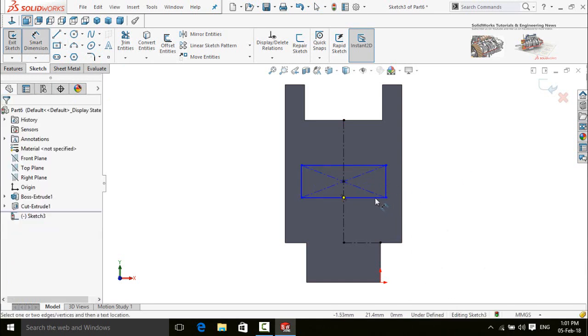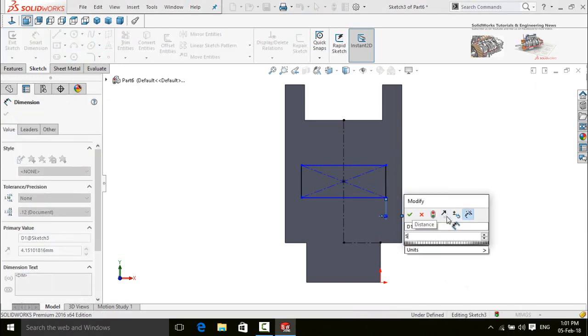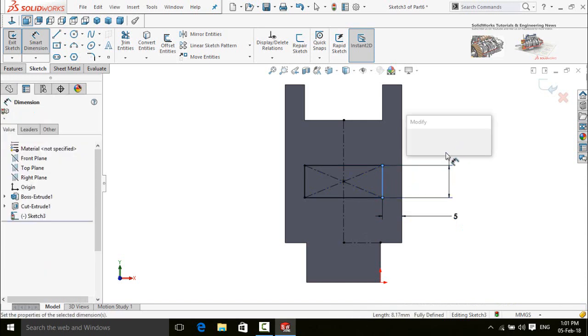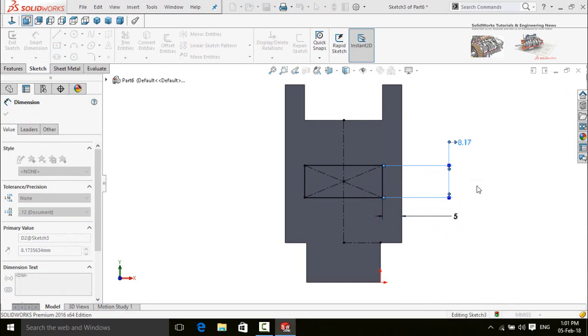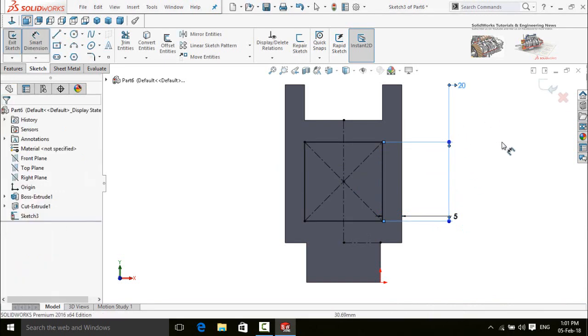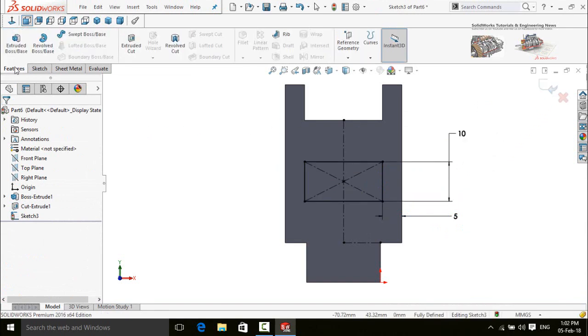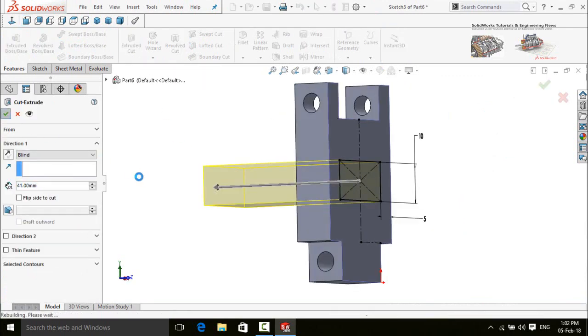Now define it. This distance is 5 millimeter and this length or width is 20 millimeter, and 10 millimeter. Go to Features tab and apply the Extruded Cut command. Press OK button.